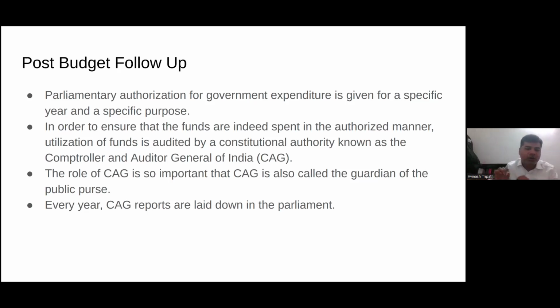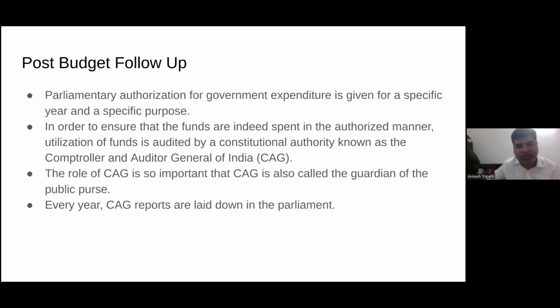Okay, so this particular authorization, this legislative authorization, is supposed to be given for a specific purpose and for a specific time frame. Now, how do you ensure that this particular condition is met in practice? How do you ensure that the money is being spent only for the purpose it was given approval for? Now comes another official who is known as the Comptroller and Auditor General of India. Okay, so this CAG looks at the utilization of funds,